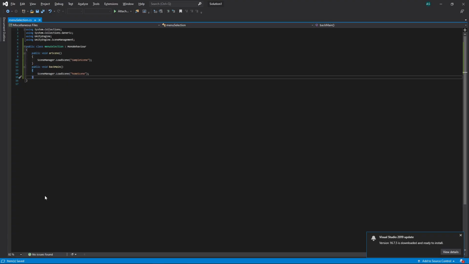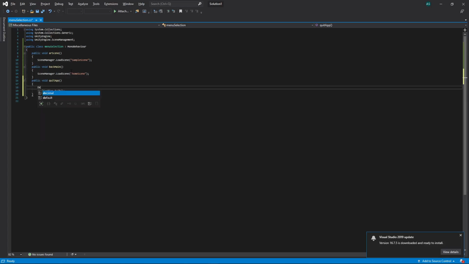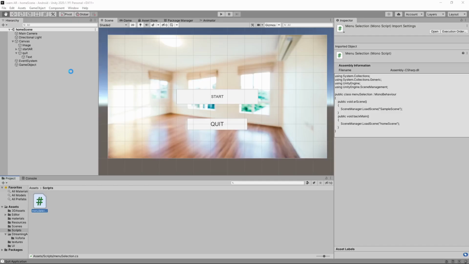Now into the script function, open the previous one, we'll make a new function called quit app, and then we are going to write Application.Quit. That's all for the quit, to quit the application. Now to make sure that we can quit, I'm going to put a debug log where it says whether this function is called and succeeds or not. I'm going to put a Debug.Log quit application, save it,